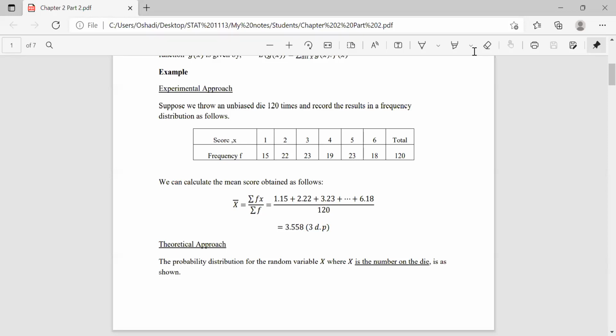So if we calculate the mean score, the mean score is obtained by sigma fx over sigma f. 1 into 15 plus 2 into 22, 3 into 23, 4 into 19, likewise. Then we can obtain the mean value. So it is 3.558 up to 3 decimal places. If we consider the theoretical case,